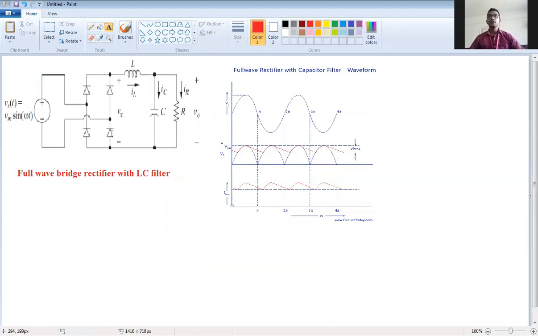As you can see, 4 diodes are there, D1, D2, D3, D4. We have already studied in the previous chapter how it works.